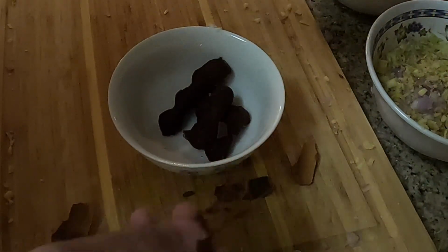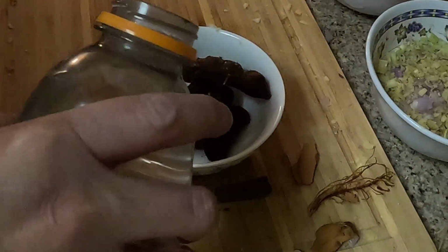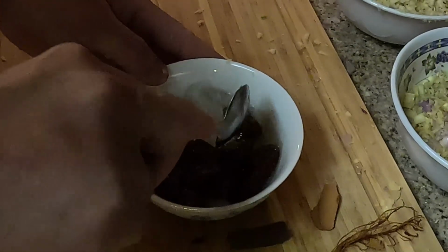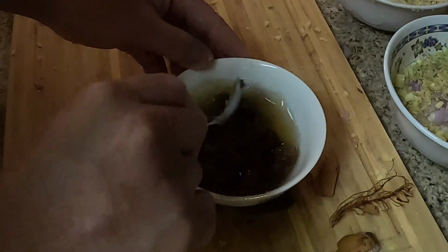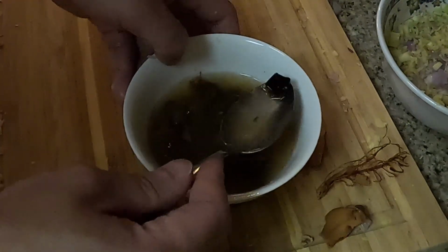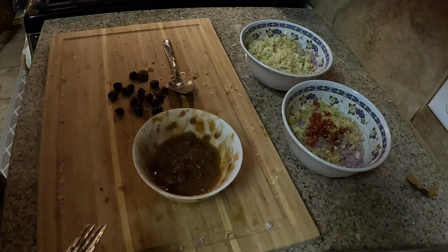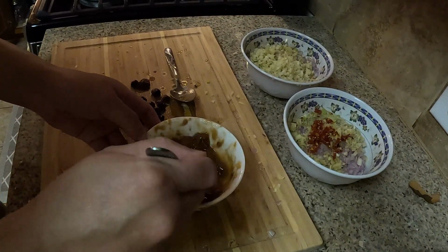Take the root off with it. There you go. That's it right there, and you got a whole piece. We're gonna pour a little water in. Use a spoon here, and you break it down, and the pulp will break out and break into the water. But we'll see how the seed just kind of came out just like that. That's what we want. All right, so now that we got the seeds all removed, we're just gonna mix it